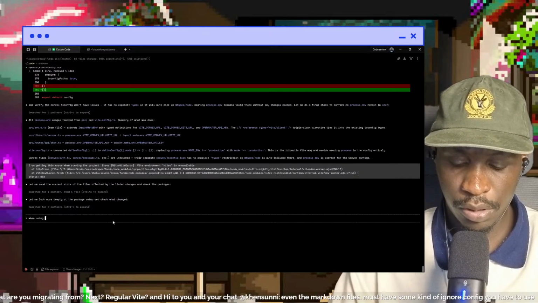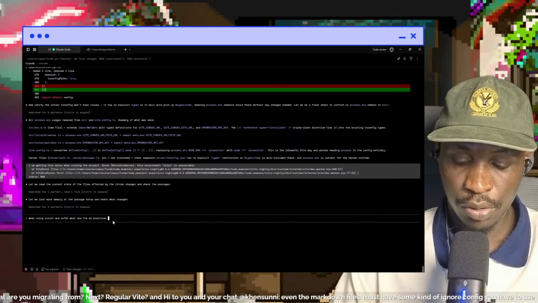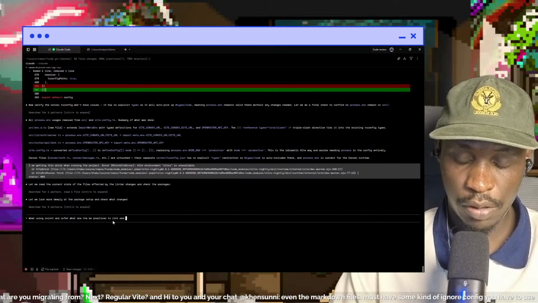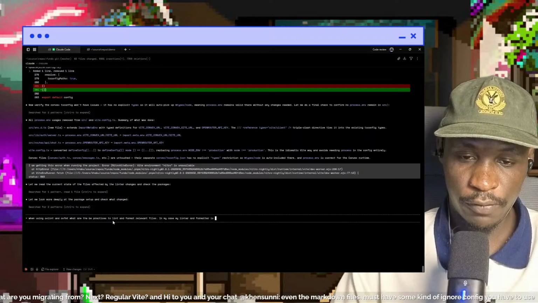And using oxlint and ox format, what are the best practices to lint and format relevant files? In my case, my linter and formatter is